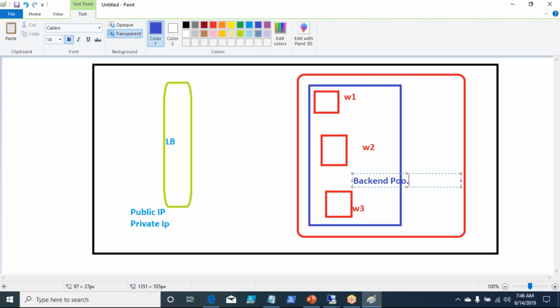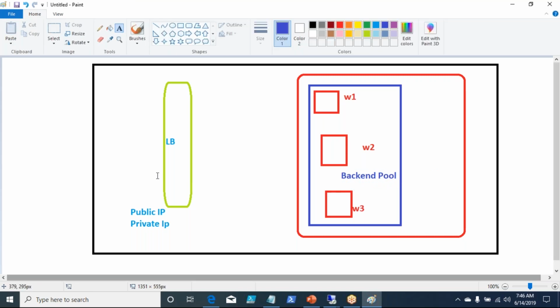What you are telling your load balancer is, you have this public IP address, and when somebody accesses you through this public or private IP address, you should provide them these resources that you have.